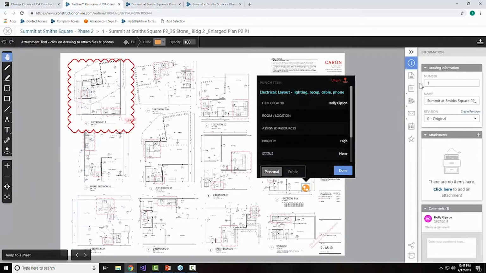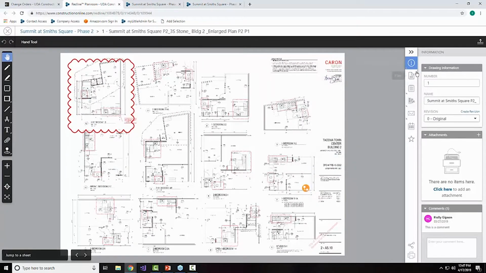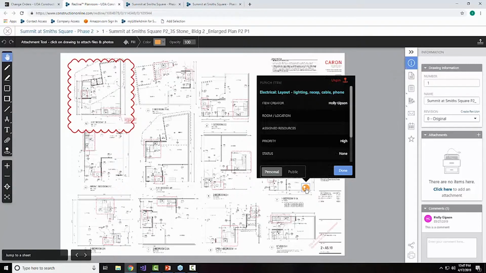But as you're working through this, you'll find on the right sidebar that you can create all of this content directly from the set of plans. There we are. There's one of my change orders. So there is our punch list item. You'll notice that that's tagged right here, so I can see exactly what this punch list item is relating to. So it's a different visual element that we can add to our communication